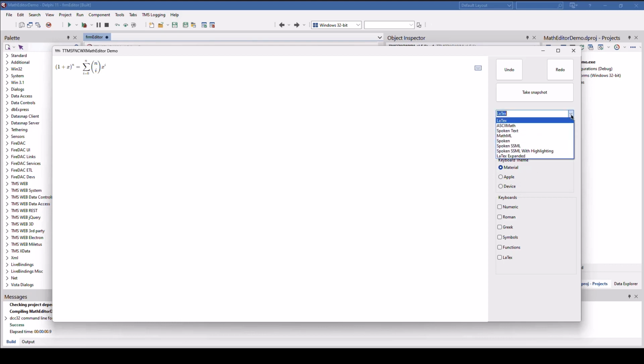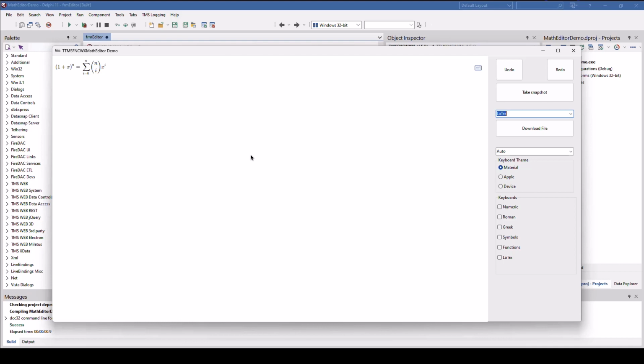You can select the different languages that are available. I already mentioned LaTeX. You can also use ASCII math, spoken text, MathML, spoken and spoken SSML, and specifically LaTeX expanded syntax.